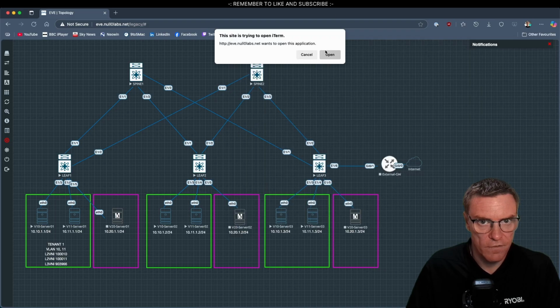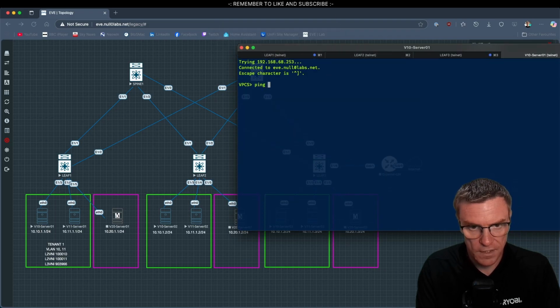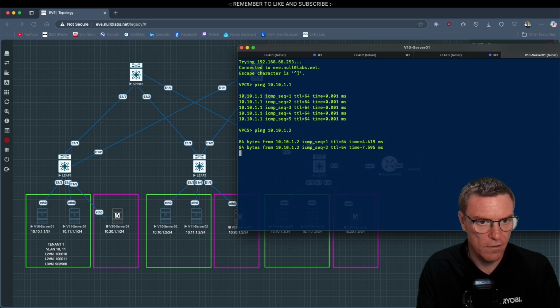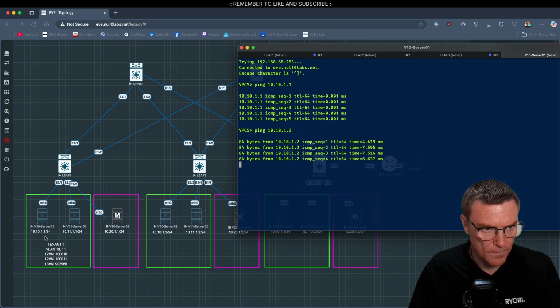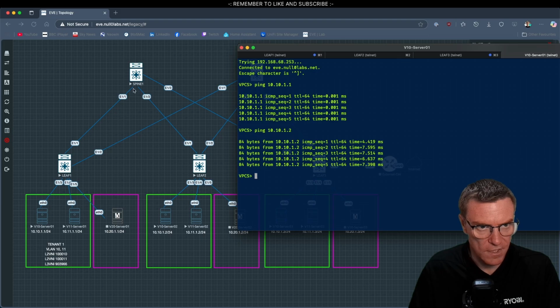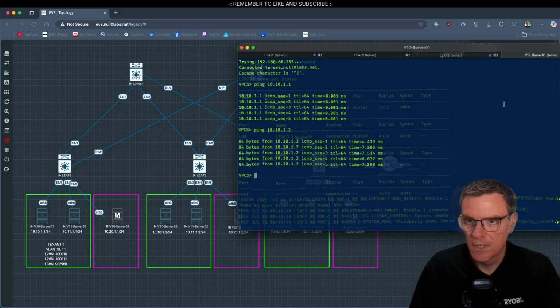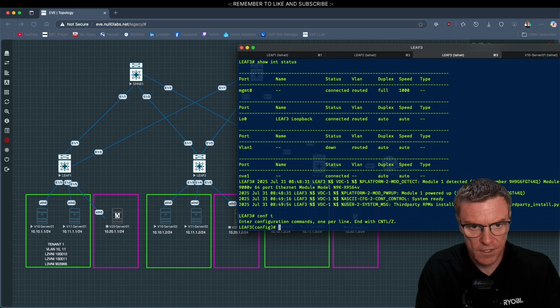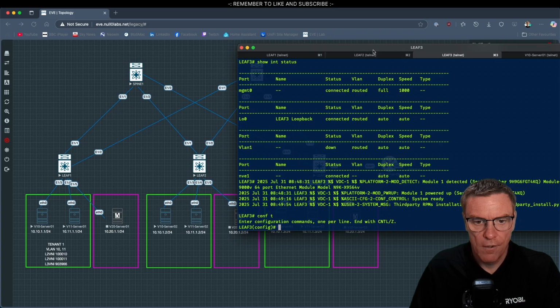Onto server 1, ping 10.10.1.1 is its local address. One in rack 2, 10.10.1.2. There we go. We're now taking layer 2 to layer 3, coming back over here, coming out again as layer 2. So if we jump onto leaf 3, we should be able to configure